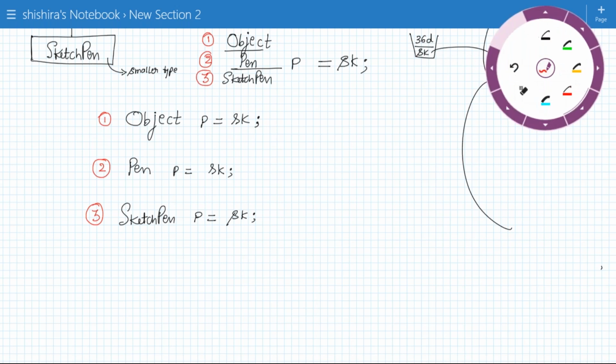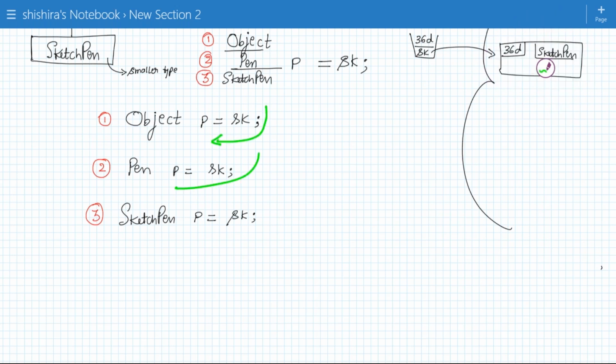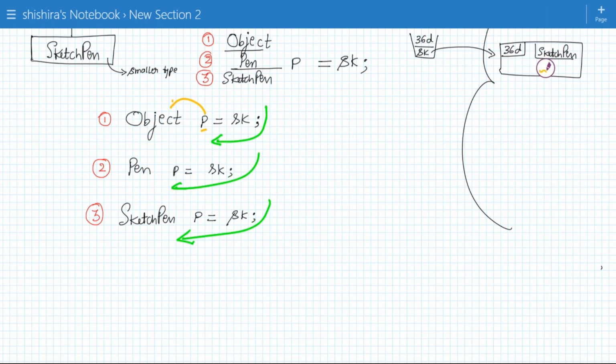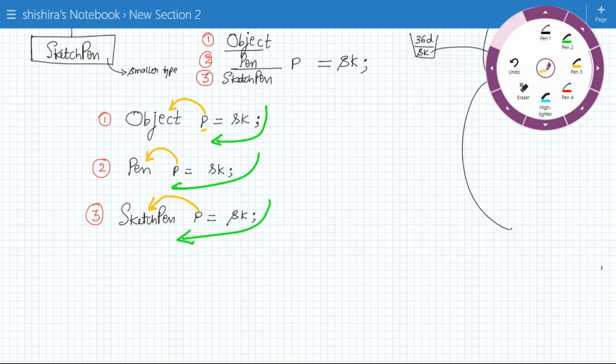Now observe this thoroughly. You're assigning again and again. I repeat, assignment works from right to left. Carefully observe the data type. The data type of P is object. The data type of P here is pen. The data type of P is sketch pen. All right. But the common thing is that